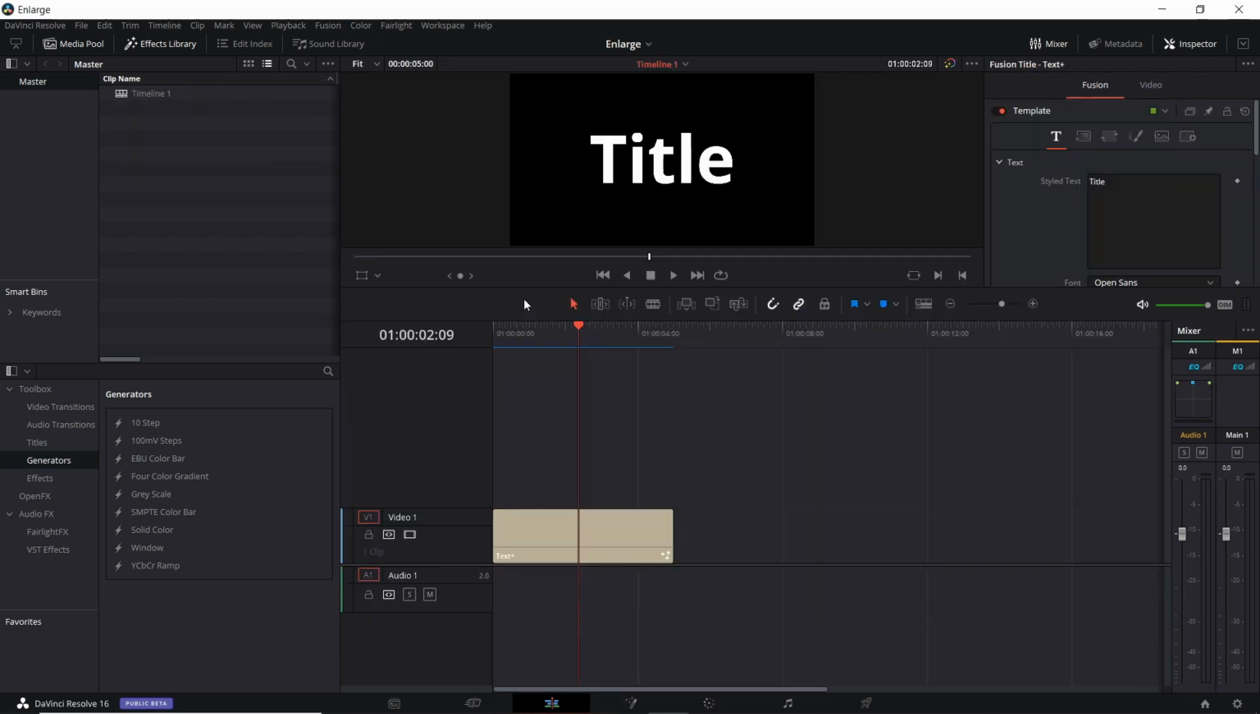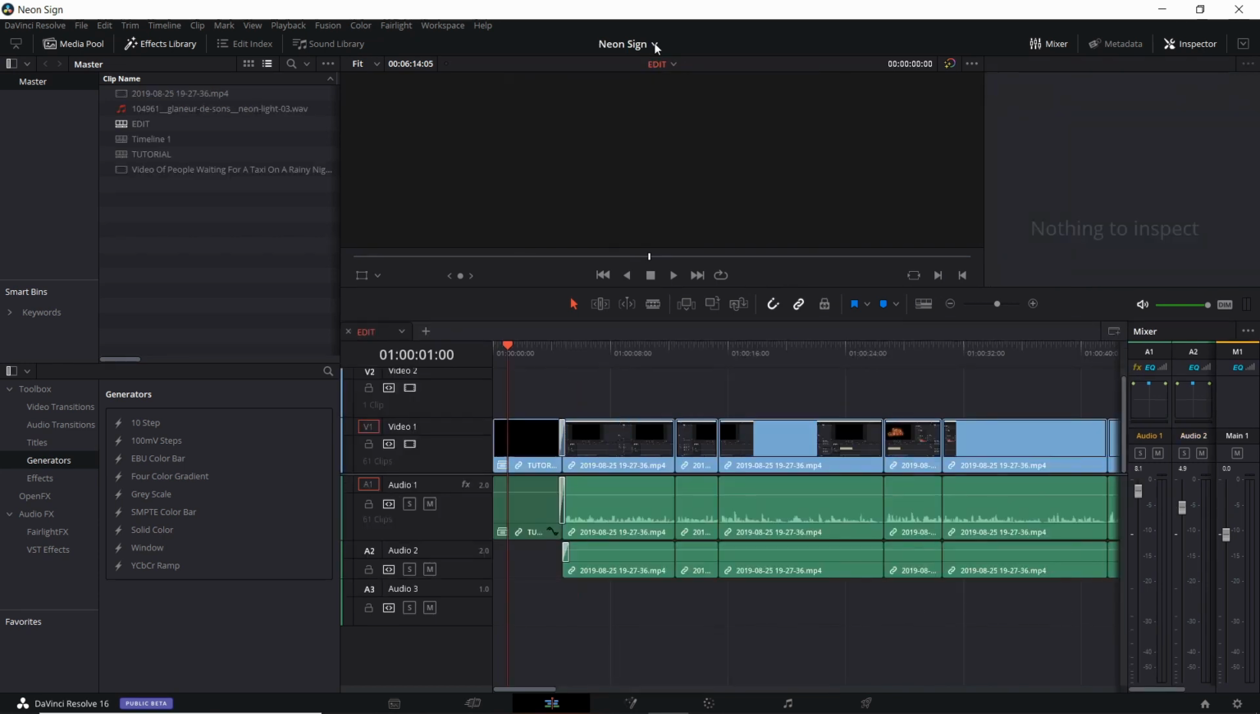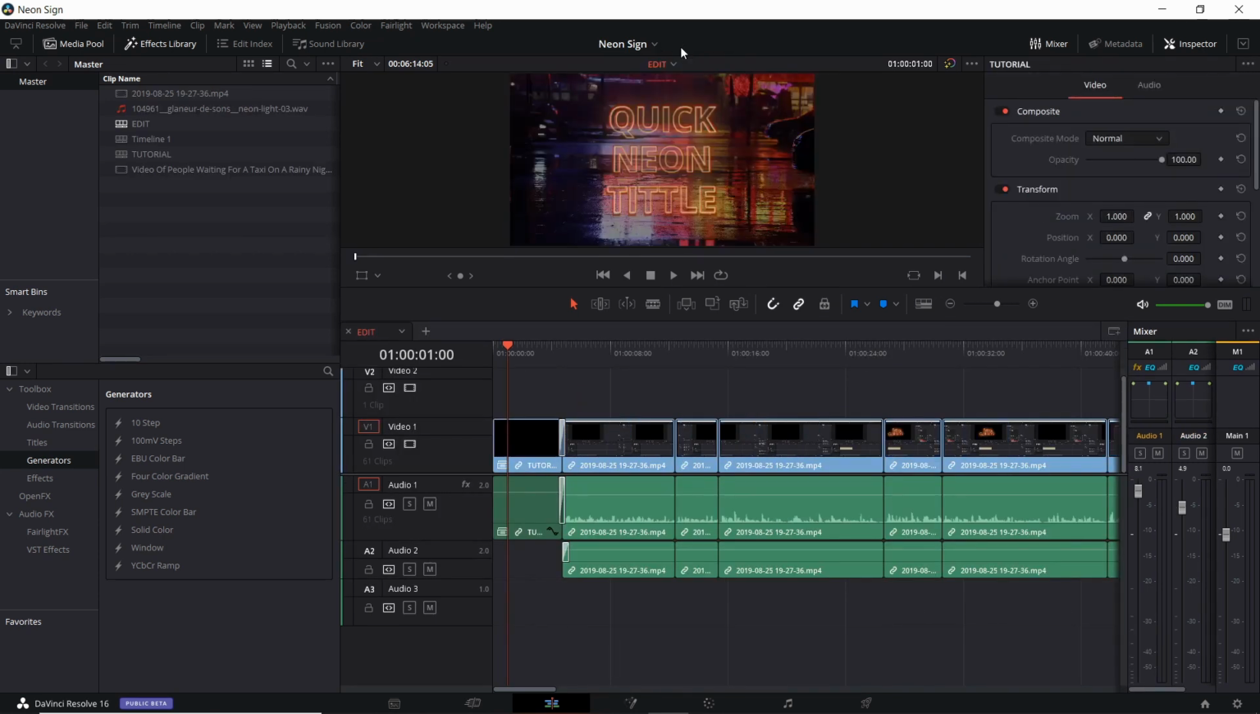And now that we've loaded up another project with dynamic project switching, you'll notice that up here at the title for the project, we can actually click on the drop-down menu and switch between projects. So neon sign project right there. We can switch over to that one within only a few seconds. And now both projects are in memory,